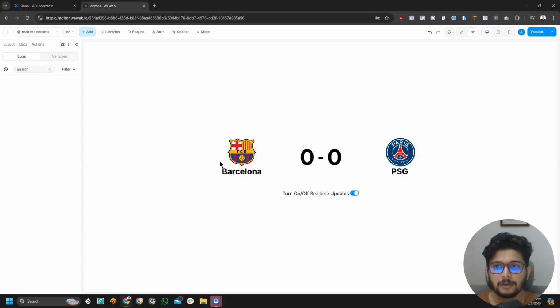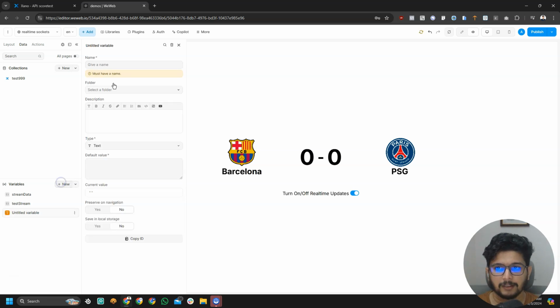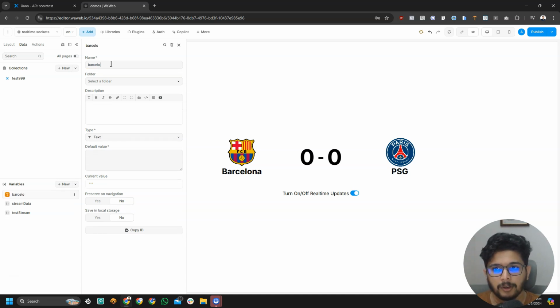Okay, so now that we've established that we can send and receive events, let's now try to update our UI in real time. All right, so we have Barcelona and PSG facing head to head. So we are going to bind these score numbers to a variable. So let's create a variable. I'm going to create the first variable, Barcelona score,